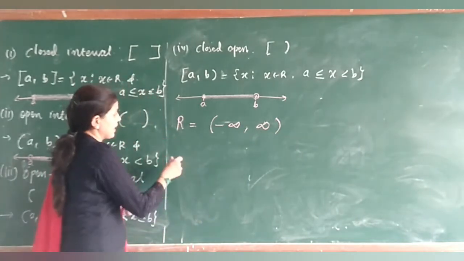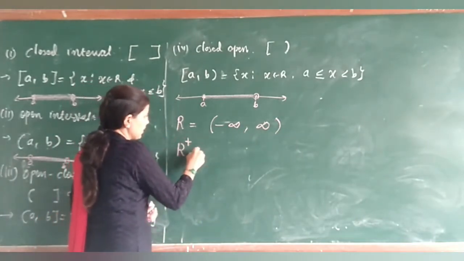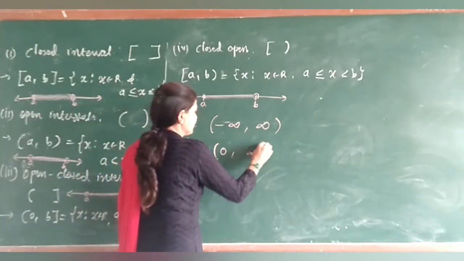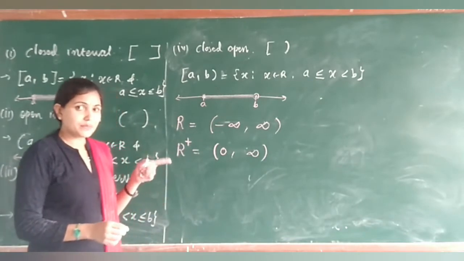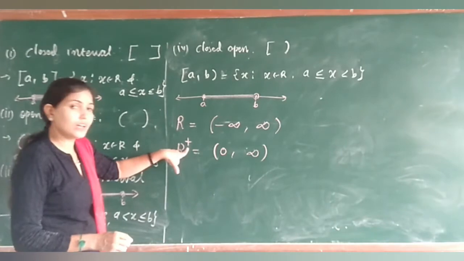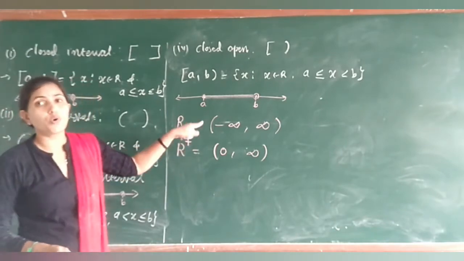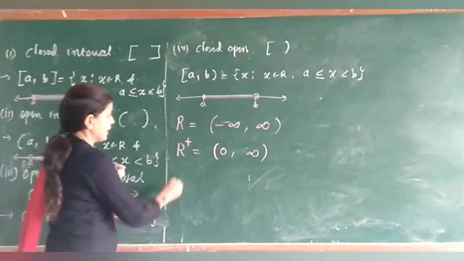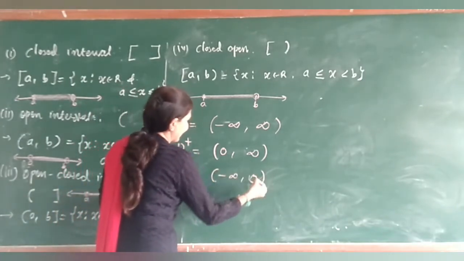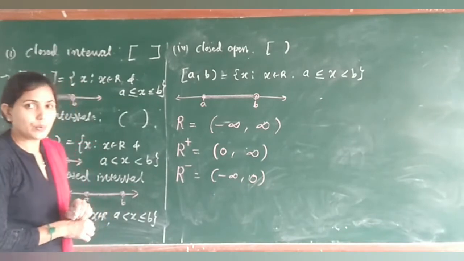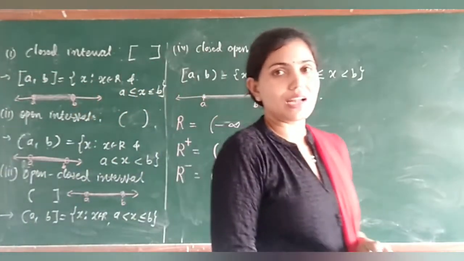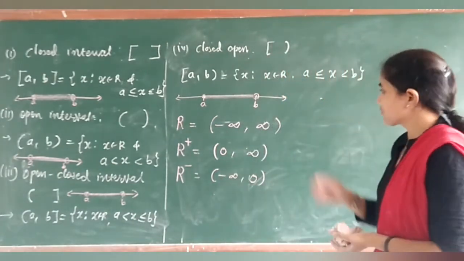Okay. If I write down R plus, it means 0 to infinity. R plus means all the positive, that means 0 to infinity. This is R plus, the set of all positive real numbers. Then R minus, the set of all negative real numbers. Okay students, so these are the notations that we have to use in this class. Now these things we have seen.